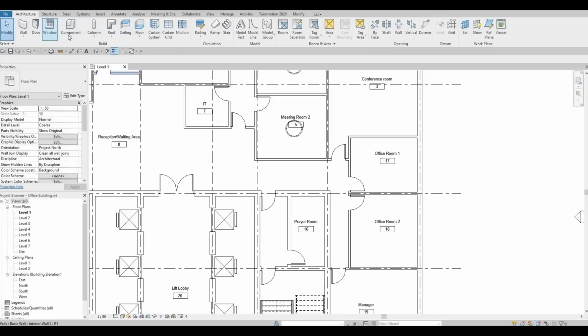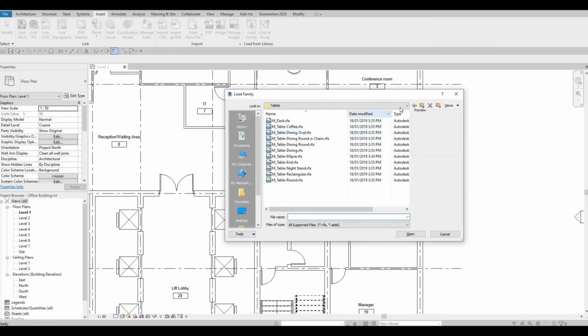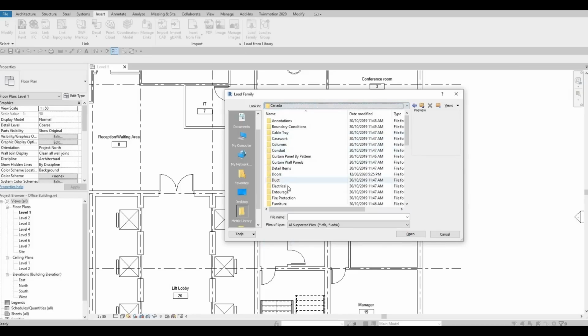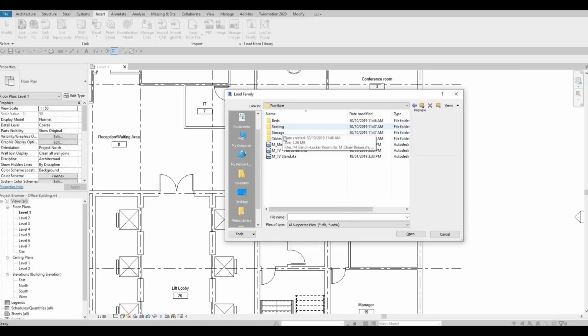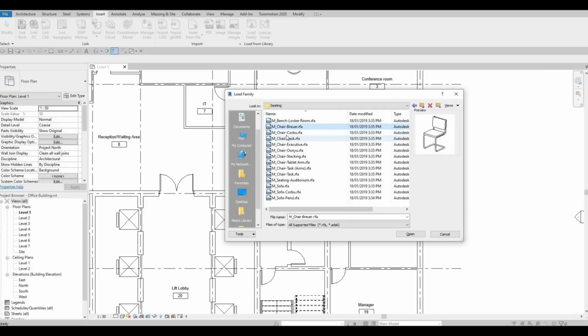And then after that, we could load in some chairs as well. So go to Insert again, Load Family, go back. So go to Canada, furniture, and then chairs or seating. We could add in some chairs. I'm gonna add that one. It's easier. We can add in some lounge chairs